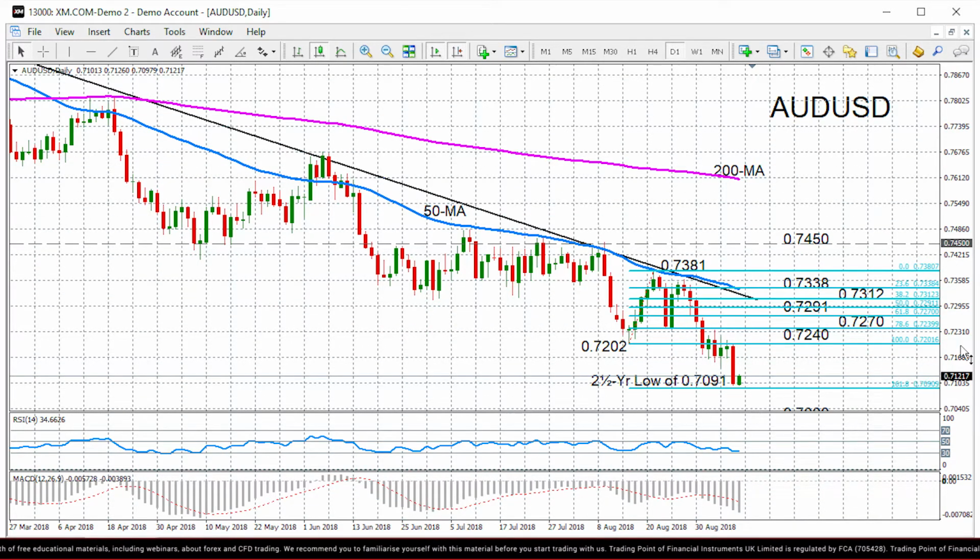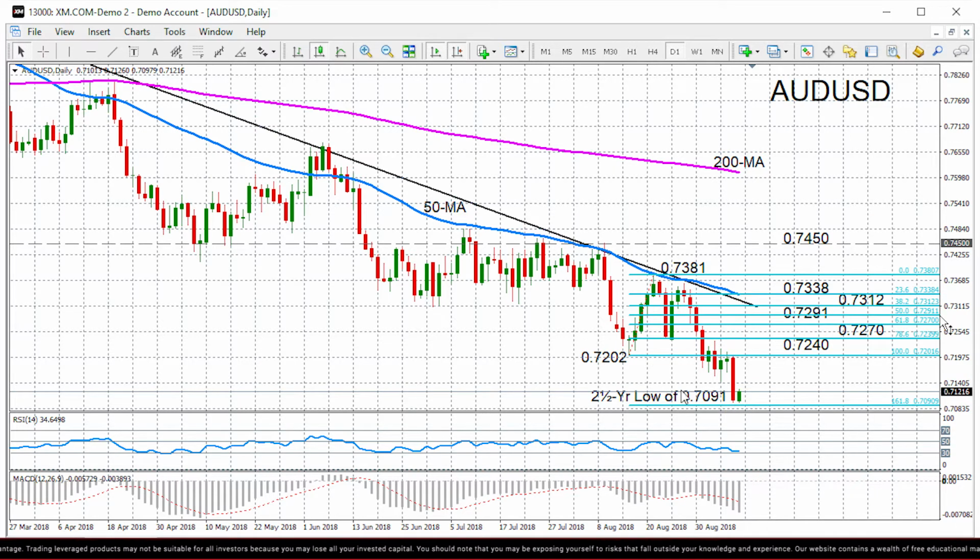We can see that the pair at the moment is looking rather bearish. In the near term, RSI has flattened though just above the 30 oversold level, and there's a bit of an upside momentum. Though if you look at the MACD histogram, it has actually fallen sharply below its red signal line and way into negative territory. So it would need to see much sharper upside momentum in order to ease that downside pressure it's facing in